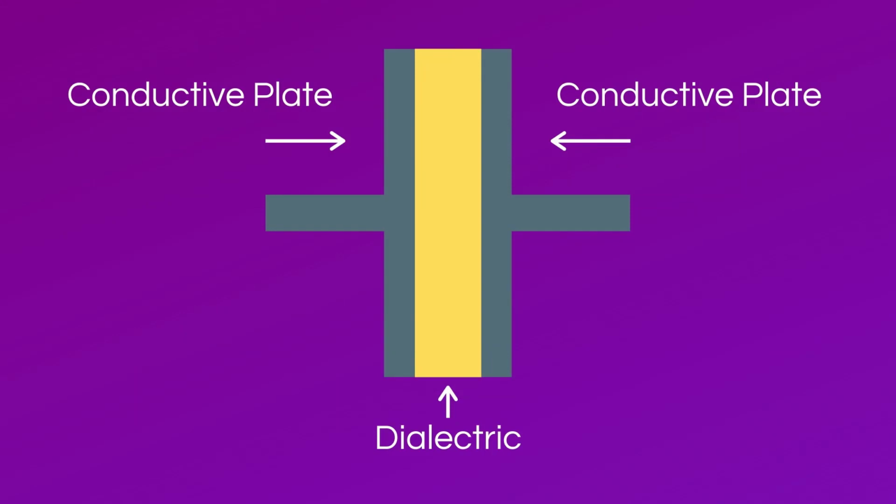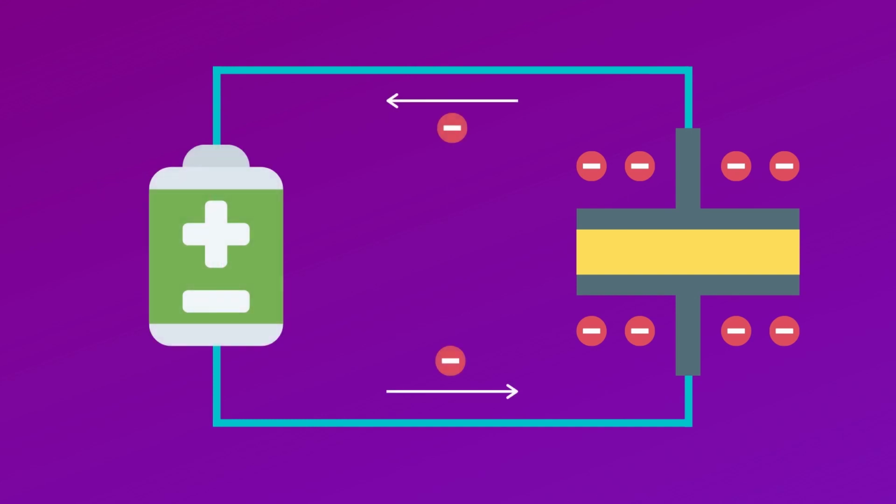A capacitor is made up of two conductive plates with an insulating material, or dielectric, sandwiched between them. When the capacitor is not connected to a voltage source, each plate has an even amount of charge. However, as soon as the capacitor is exposed to a voltage, the dielectric becomes polarized, causing the electrons to want to move. Since the dielectric is an insulator, current, which is the flow of electrons, is unable to go through